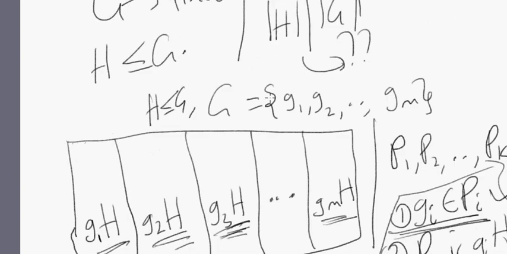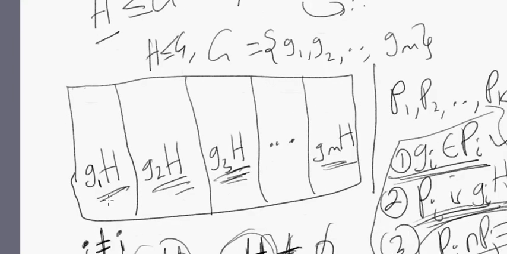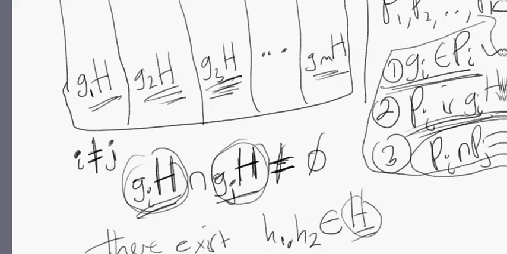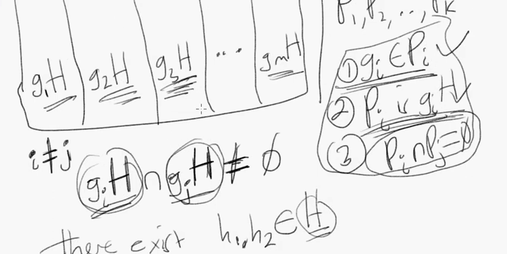We got the group G, we took a subgroup of the group G, we called it H, we broke it up into partitions, and we said that this partitioning may not work because pairwise disjointness is not guaranteed. Which led us to the following conclusion, that if pairwise disjointness is not guaranteed, then it means that for some Gi and Gj, it's possible that GiH intersect GjH,